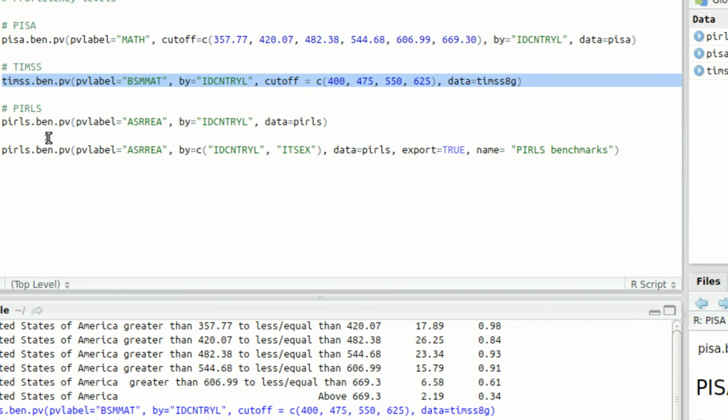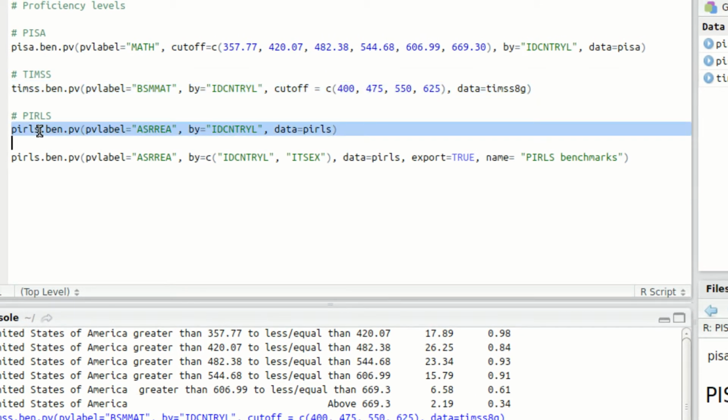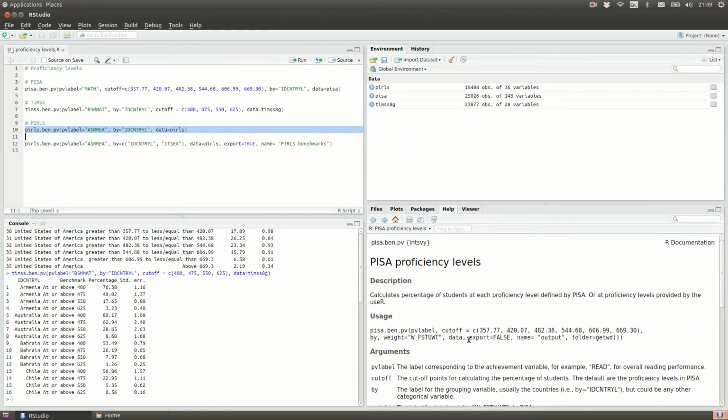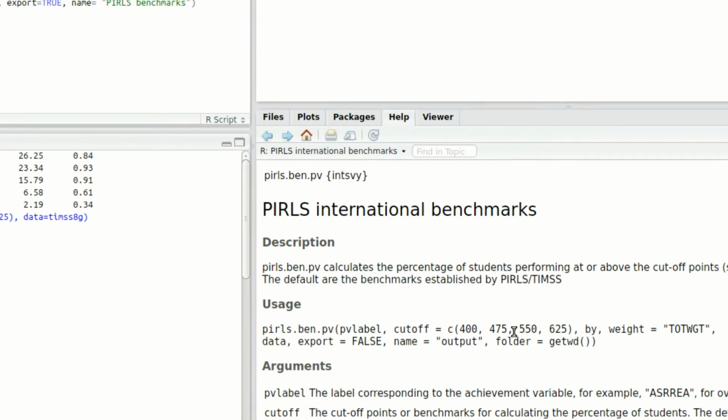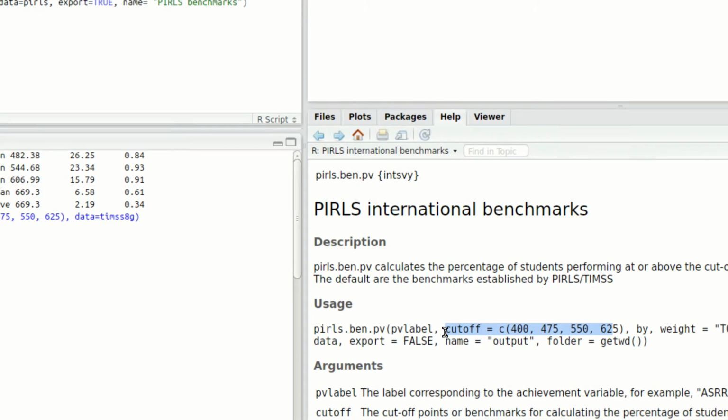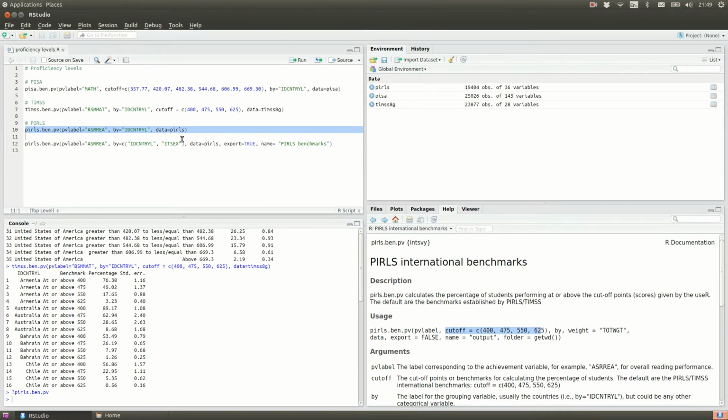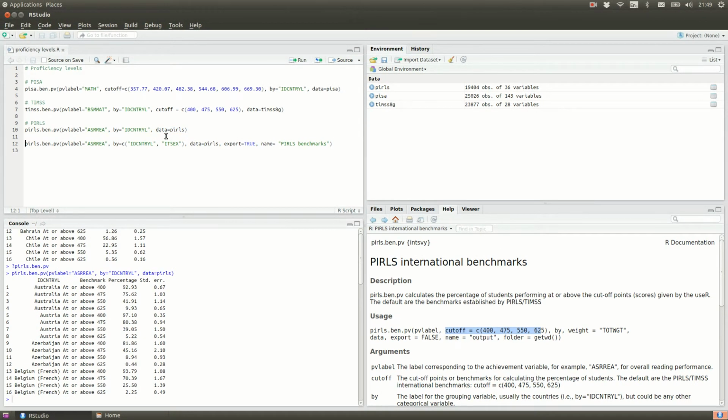Same with PEARLS, and now you see I'm not even including the cutoff argument because I want to use the default, which you can see here. The default for cutoff, this is the PISA proficiency level, are the levels defined by PISA, but you could also see the default for PEARLS, which are the levels, the cutoff points that we entered before. So we don't need to actually enter these cutoff points. We can execute this command, and we also produce a table with the percentages and the standard errors within each